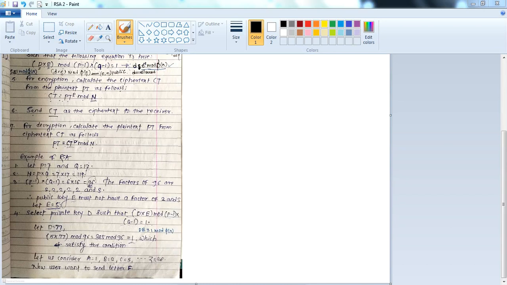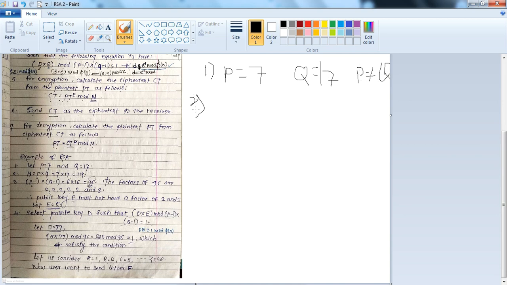Now the RSA steps, in a previous lecture, contain all the explanation about the RSA steps. Now this is an example. Step 1: take two large prime numbers. We just take small prime numbers as an example, but in actual use we need to take large prime numbers. Here they are 7 and 17, and the condition says that P is not equal to Q. Okay, that is step 1 of RSA.